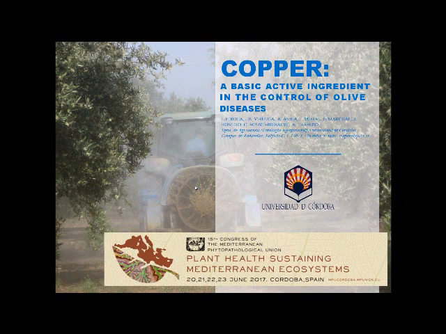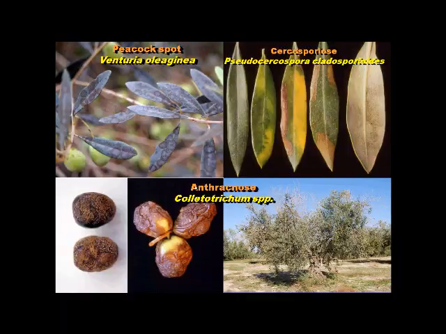Copper, a basic active ingredient in the control of olive diseases. Among the main diseases affecting the aerial part of olives, we can find peacock spot or olive leaf spot caused by Venturia oleaginea, whose main symptoms are the dark circular spots on the upper side of the leaves,